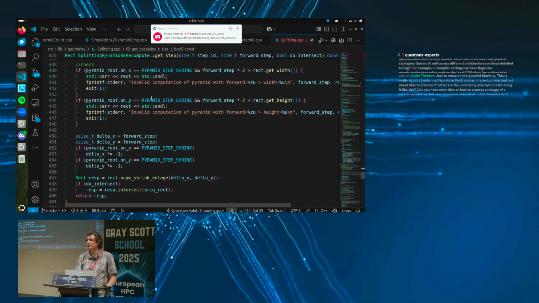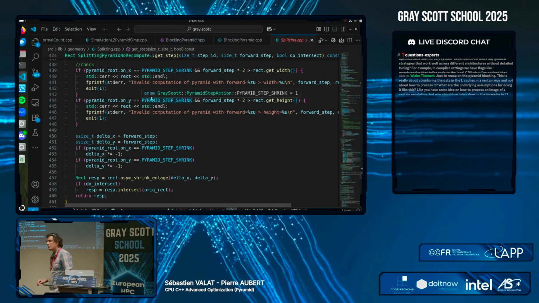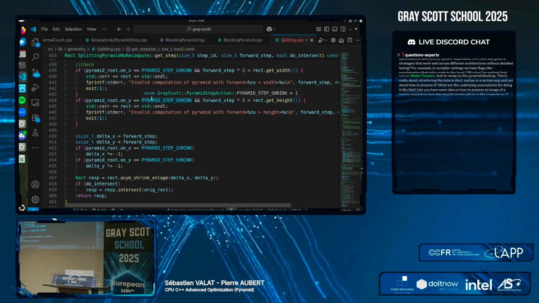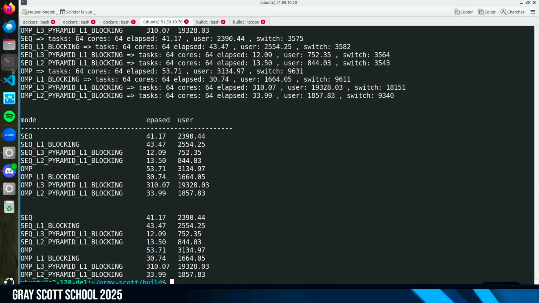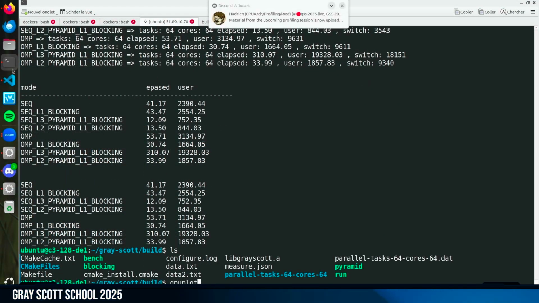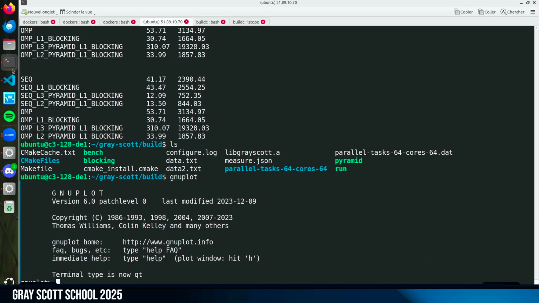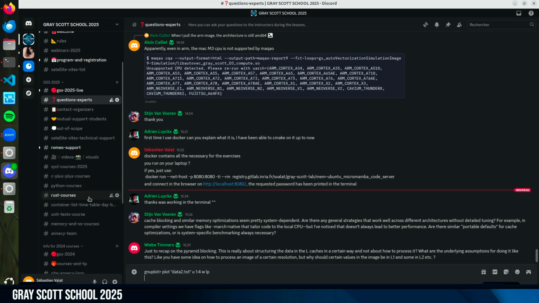Sorry. Once we have the txt file with a loop, how do you make the plots from that? To plot it? Yeah, please. Thanks for the question. So you can use Gnuplot if you have it. I forget if I installed it in the container. And you can plot the name of the file using, if you want, I can put the command in the terminal. We don't have Gnuplot in the container.